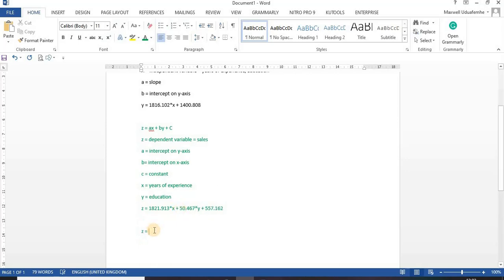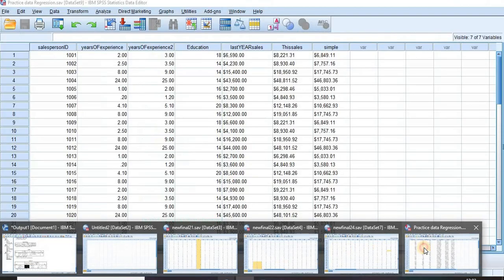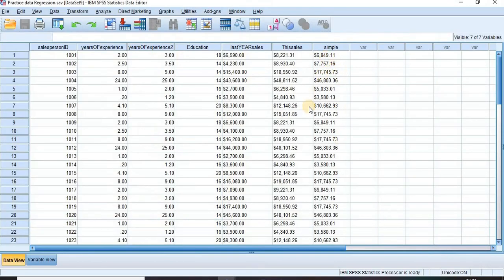So this is the model for predicting the values. Now let's go ahead and predict what the sales will be if education is juxtaposed with years of